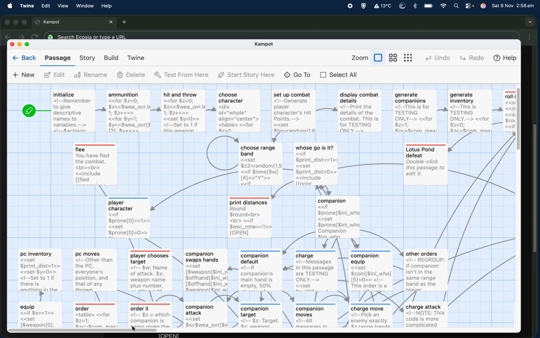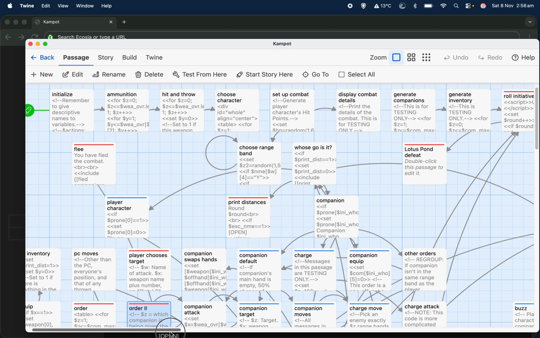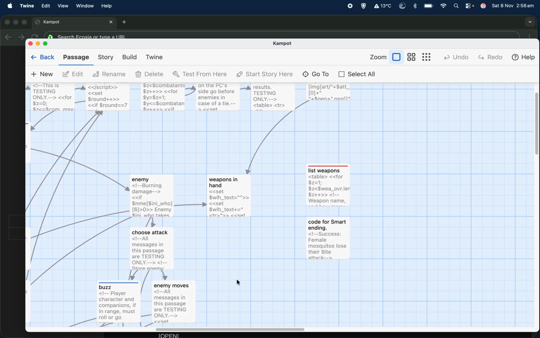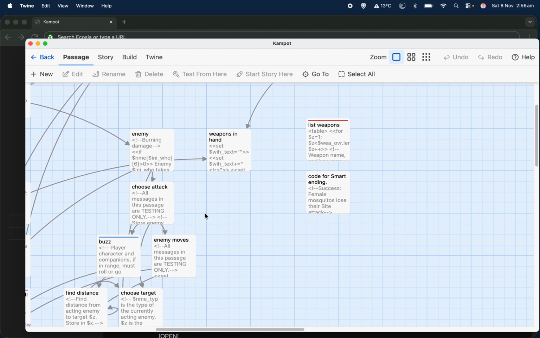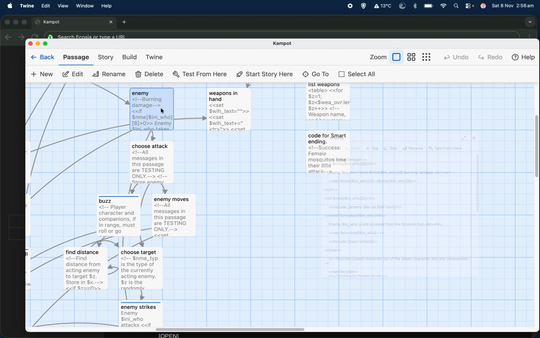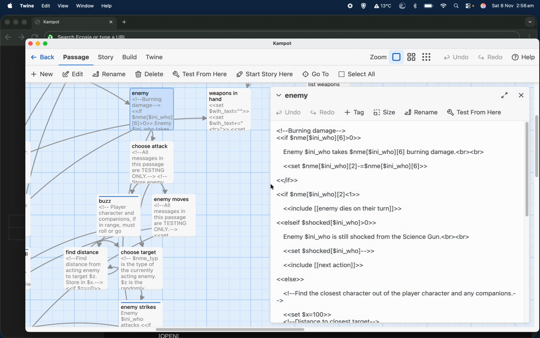And so finally, we need to make them actually take that damage. And I decided they'd take it at the beginning of their turn. That's probably the easiest way to work it out. So we're going to go over to somewhere we haven't been for a while, which is enemy. This is where it's an enemy's go. So the first thing we do is, as the note says, burning damage. If enemy INI underscore who 6 is greater than 0, then we say enemy 3 takes